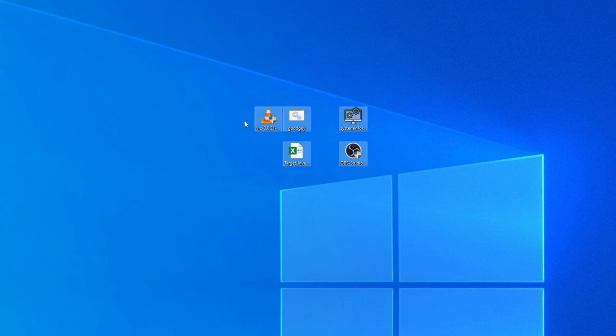I have a file that I downloaded from VLC. I have a good guy file. I have a file that I downloaded from SourceForge, which is System Informer. I have an Excel spreadsheet, and I have the OBS file. So what I'm going to do is fire up my browser,